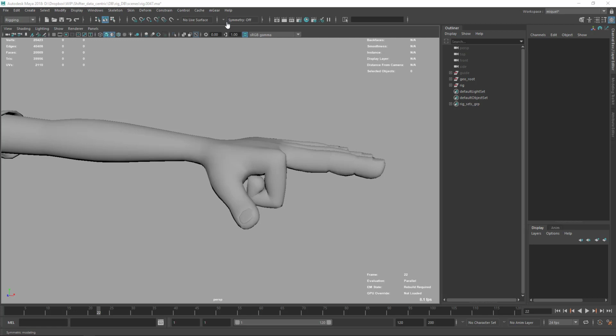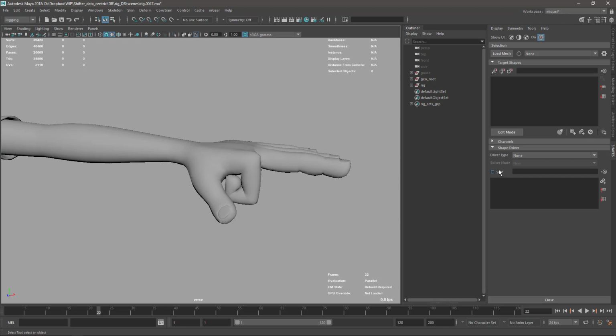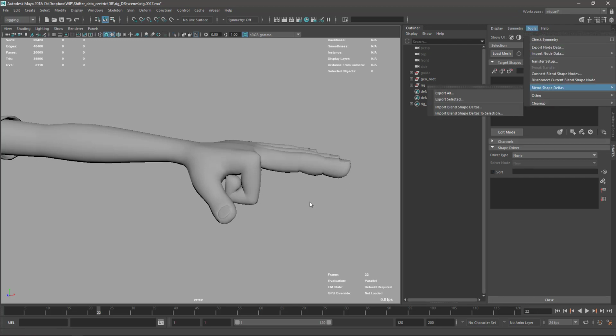And today in the video I would like to talk about the blend shape deltas. Now in the new shapes tool we have this option to export and import deltas. So we can see here blend shape deltas. So what's that thing? I think Inga did a really good presentation on how you can use it,